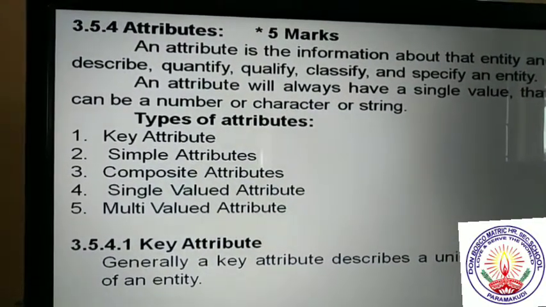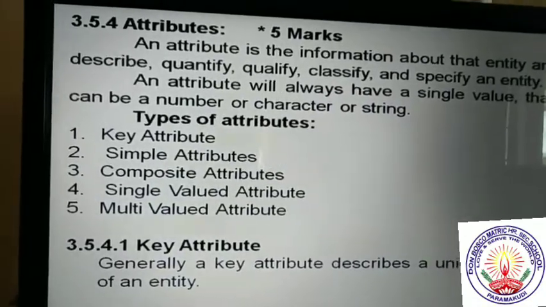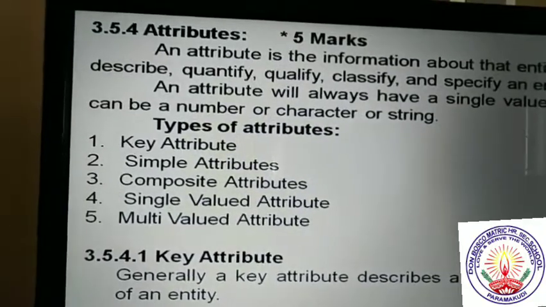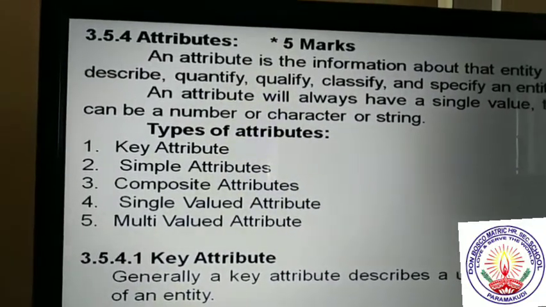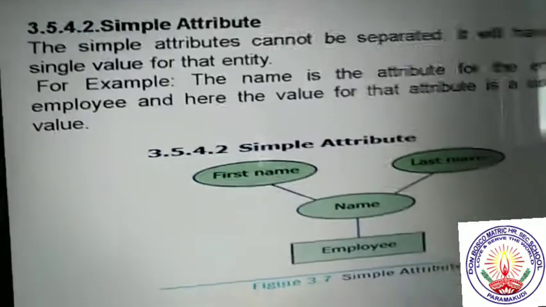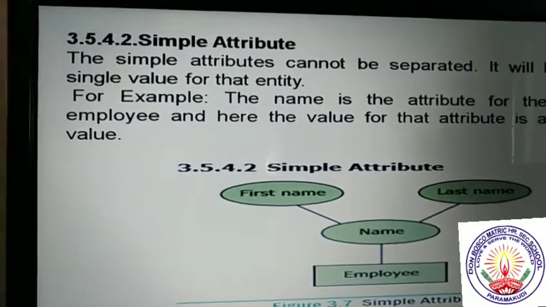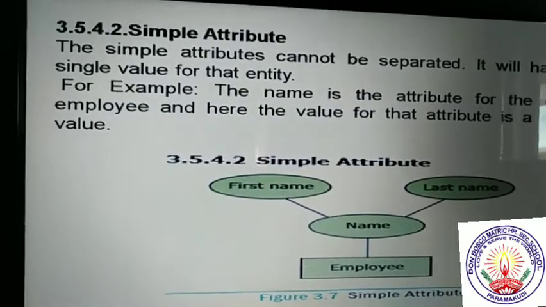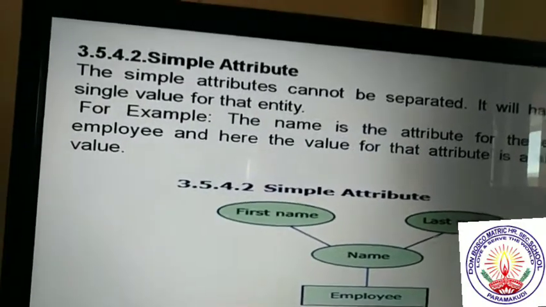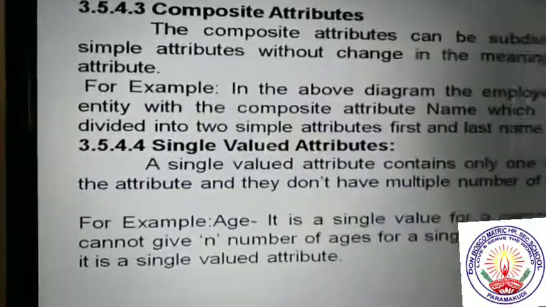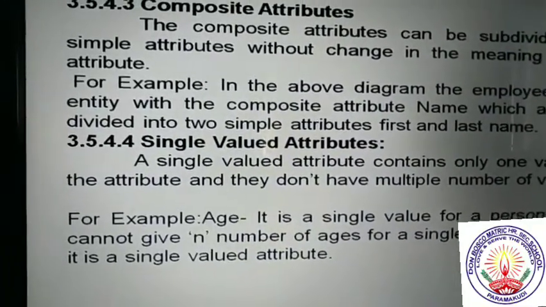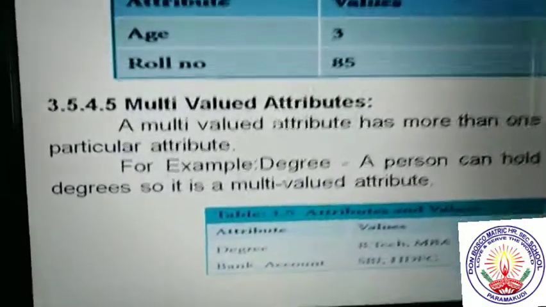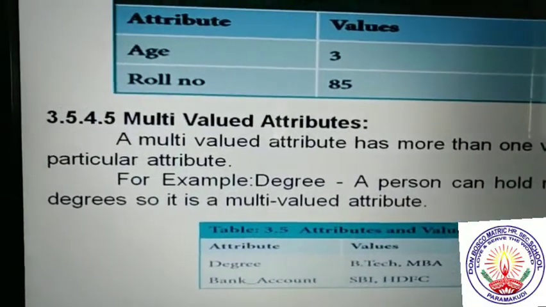So key attributes means separate unique numbers. Key attribute அப்படிங்கிறது ஒரு primary key create பண்றோம். And simple attribute and composite attributes அப்படிங்கிறது என்ன? So simple, ஒருத்தவங்களுக்கு ஒரு name create பண்றீங்க அப்படின்னா அந்த name வந்து ரெண்டா பிரிக்கிறாங்க, first name and last name. So this is the comparison of simple and composite attribute. And single value attribute அப்படிங்கிறப்ப ஒரு ஆளுக்கு ஒரு age தான் நம்மளால கொடுக்க முடியும். Okay, and the next one, the last one, multi value அப்படிங்கிறப்ப more than 2 values we have to get for